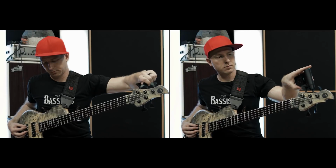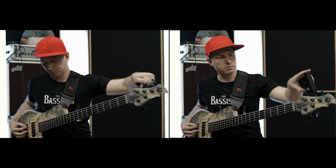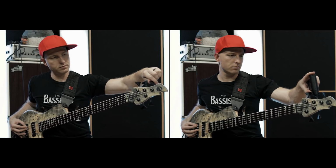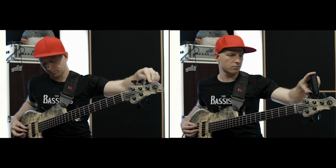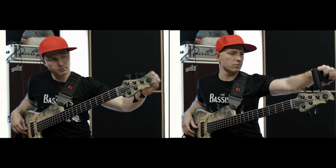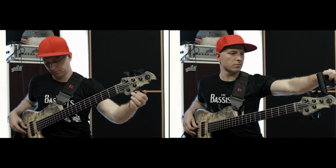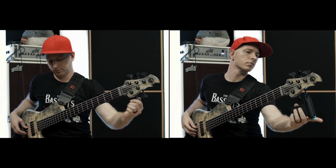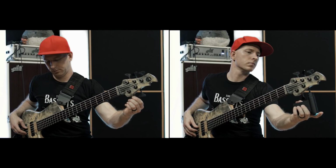On the left, I'm tuning the old grandpa way, staring down at the floor with a Peterson Classic Strobo tuner. And on the right, you can see that I look like just another lazy, entitled millennial, relying on technology to do everything for me in hopes that someone else will pay off my student loans. And as you can see, these two clips have been playing side by side in real time all along. And the winner for fastest tuning goes to